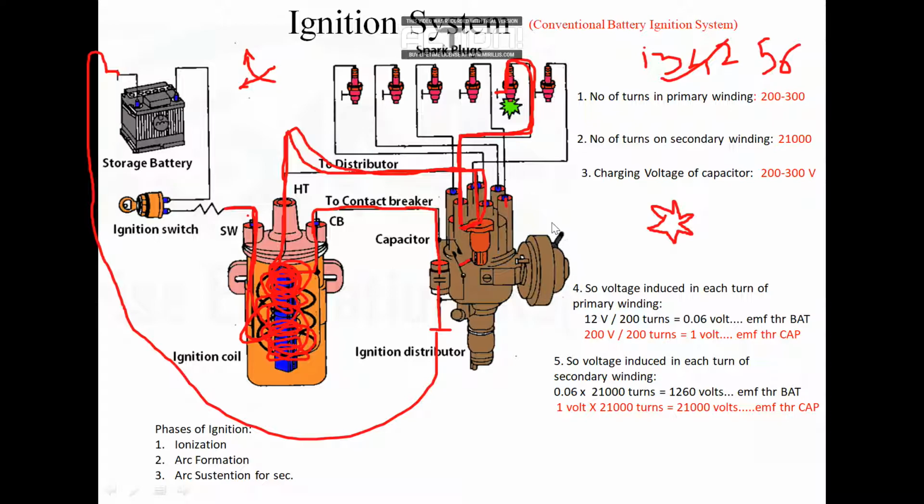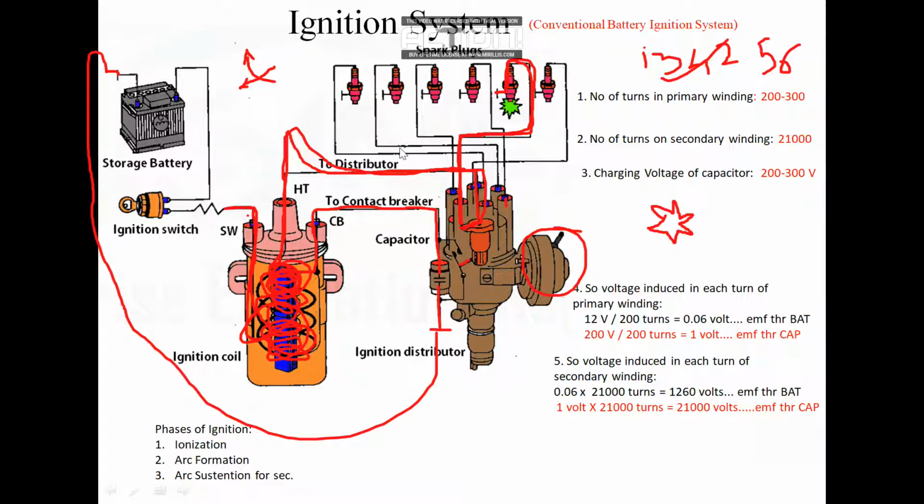After this, one big cylinder-like structure is present, and this structure is used for the advancement. As I told you in the previous slide, what the advancement is and what the need for advancement is. For understanding advancement, I will share one YouTube link, through which you can come to know how exactly advancement takes place. There are two types of advancement used in the conventional battery ignition system. One is the vacuum advancement; this is the device for it. Then there is the mechanical advancement, which is not shown in this diagram, but it is there, inside this distributor below the rotor. So this is the construction till here.